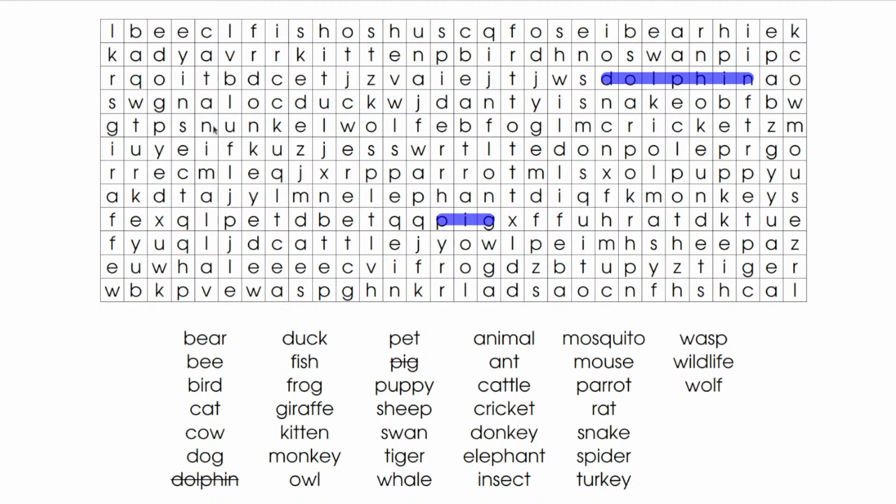You can have some games where the letters will be backwards, going in reverse. Here, if you're looking for them, they'll just be down or up, sorry, horizontal or vertical. So we've got duck there as well. It's also putting a line through them as they get found. So whale, parrot,